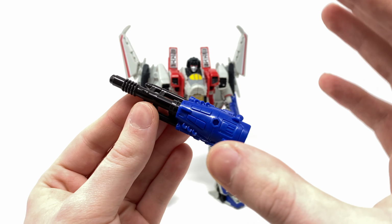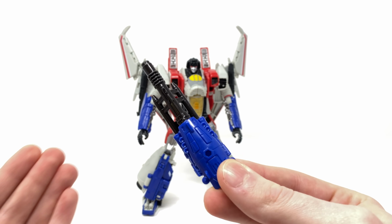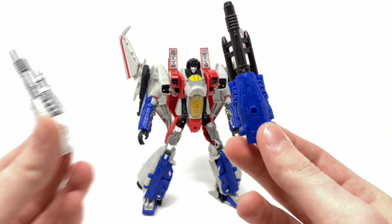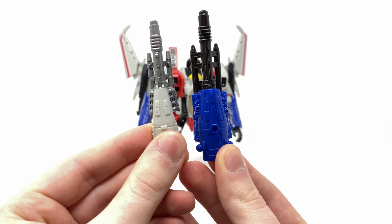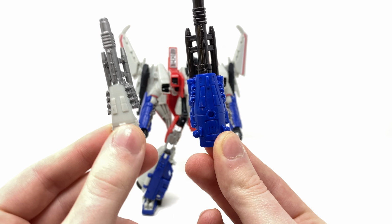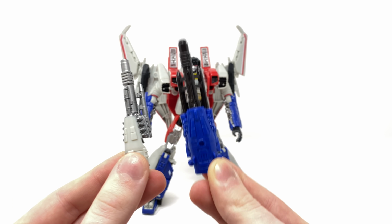Now upon first glance this will look as if it is just a direct carryover from Blitzwing. However, once again, I can assure you that this has been modified in order to fit Starscream, and just to show you here for a comparison, you can see how significantly larger it is when compared here to Blitzwing, and you can also see how the design has been slightly modified in order to accommodate a port for a flight stand. I think that is a great attention to detail and really does show to me that Hasbro do care about their collectors,